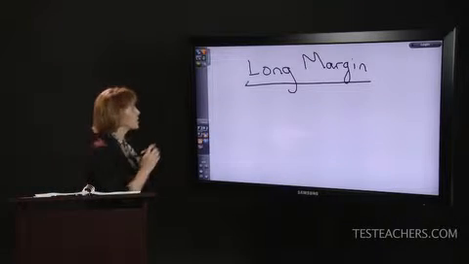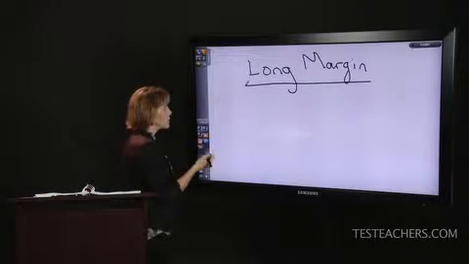The margin agreement sets forth the interest rate that the broker-dealer is going to charge the client for the loan. Basically, a margin account is borrowing 50% to buy stock. So the broker-dealer makes money here by charging the client interest. So the margin agreement sets forth the interest. It sets forth the maintenance requirements. There's a 25% ongoing equity requirement required for a long margin account. So let's look at a long margin account.